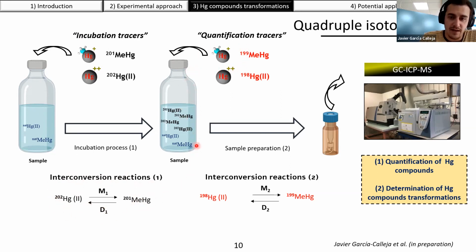After, we have a second process of sample preparation where we add our quantification tracers, and we will have these interconversion reactions. As you can see here, all of the mercury compounds that we have, the original and newly formed, the same methylation and demethylation processes will occur to the quantification tracers. And finally, we inject our organic solvent in the GC-ICP-MS in order to quantify the mercury compounds and determine the